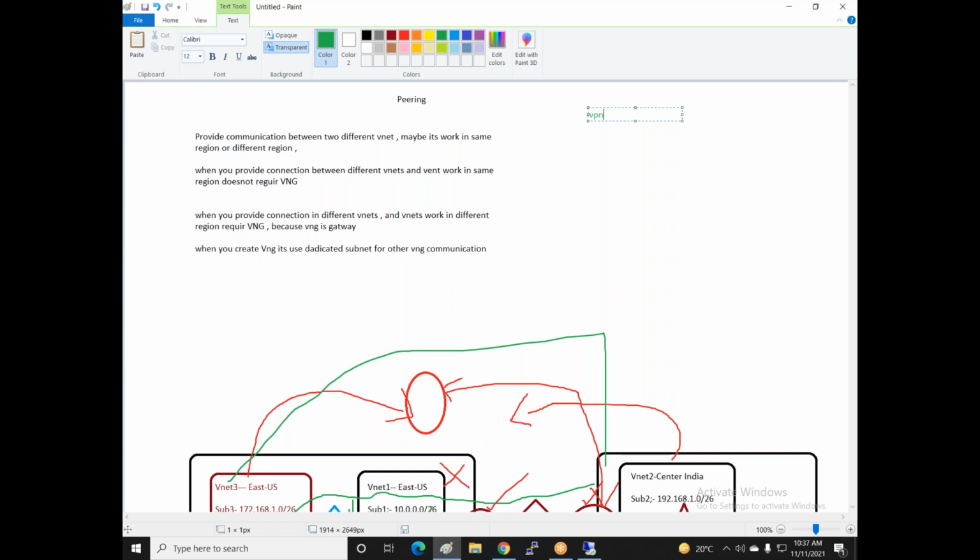Okay, then I'll explain the VPN. And one more thing, in the next class we will start with the load balancer, app services, traffic manager, and firewall.